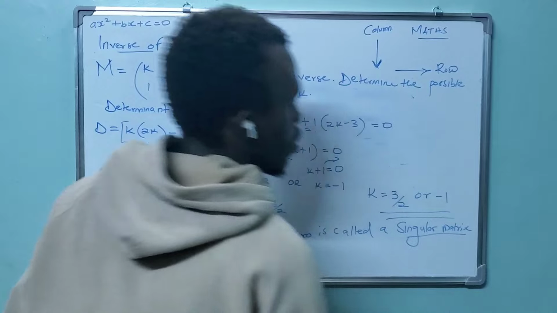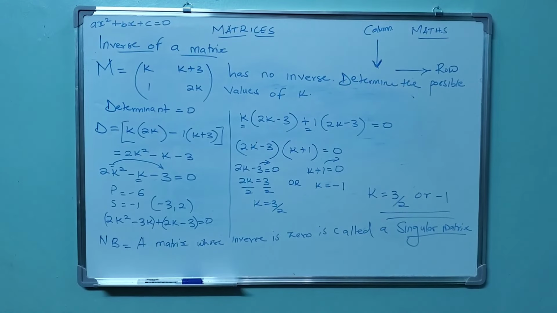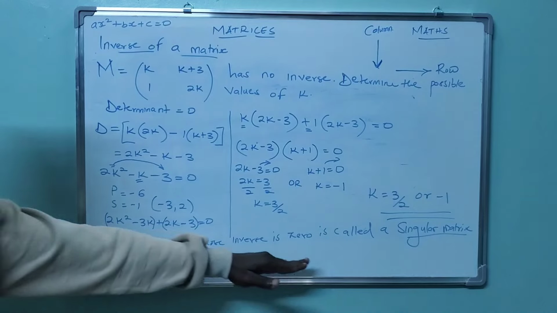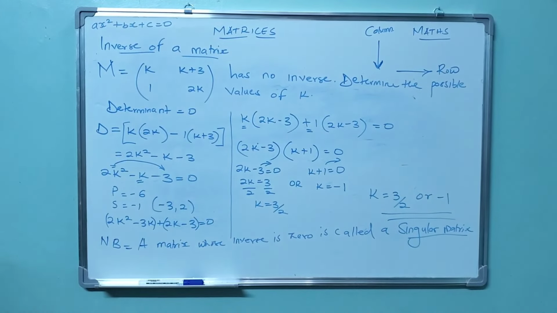And that is going to be the what? That is going to be the value of k. So that is the application of the specific information right there. A matrix whose inverse is 0, or a matrix with no inverse, is called a singular matrix,